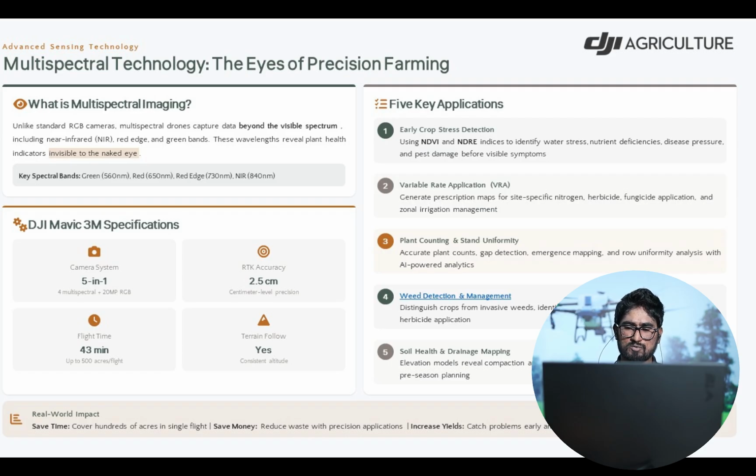We can also detect and manage weeds by monitoring weed patches, maintain soil health, and do drainage mapping. We can create elevation models, like vegetation elevation models, to plan our irrigation and drainage as well.